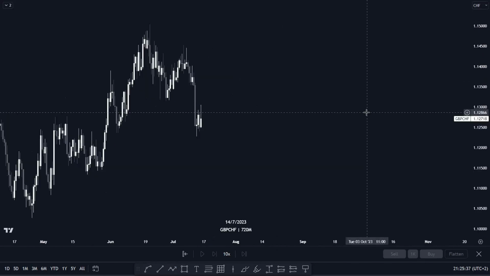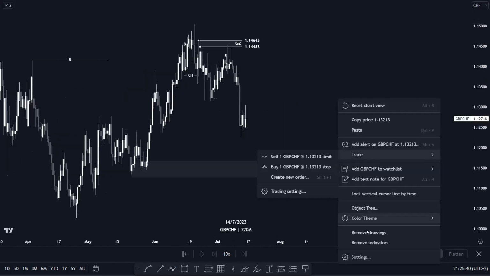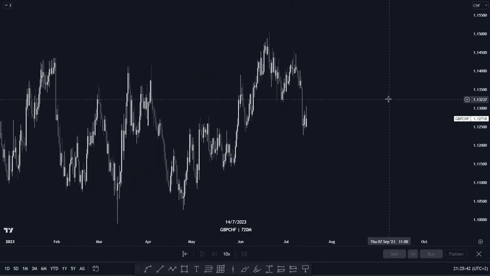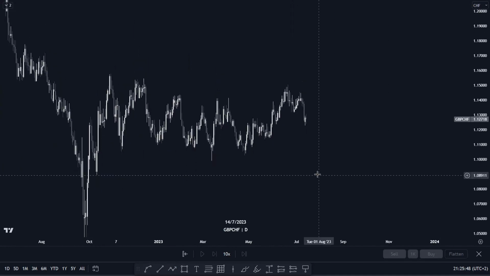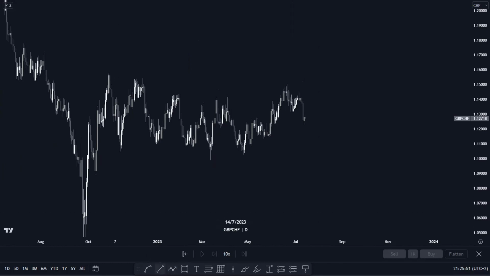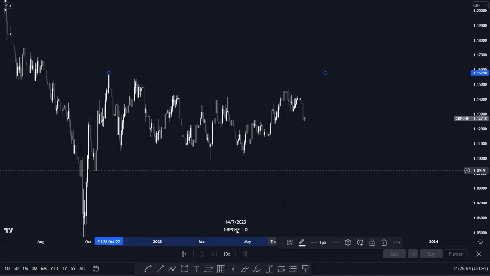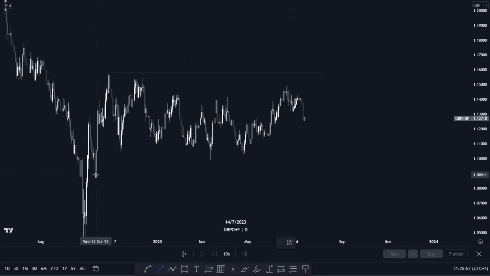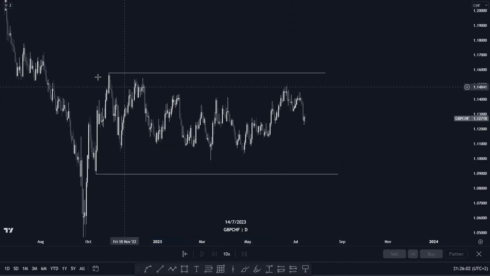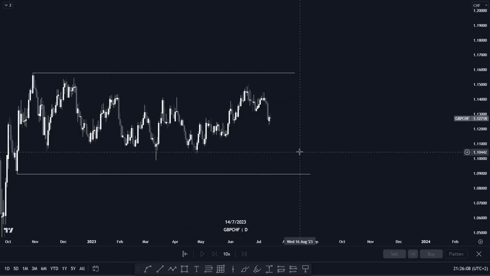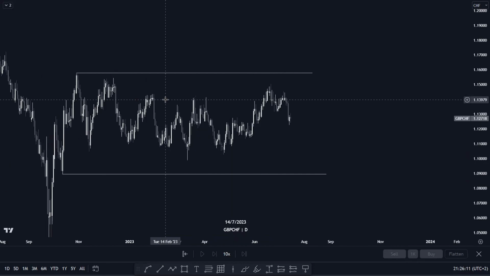Let's move on to GBP CHF. So GBP CHF, it's a complicated pair because it's currently moving sideways, meaning that it is consolidating. Okay, it's consolidating between this range and this range. Excuse me. It's consolidating between this high and this low here. So what we know about GBP CHF is that price violated or just spiked out this low here, but